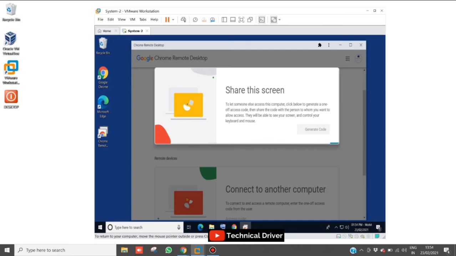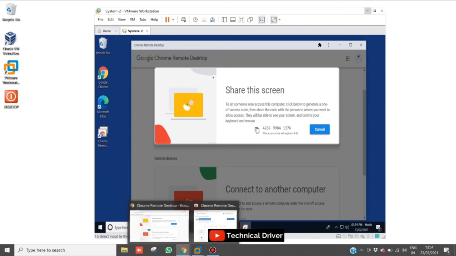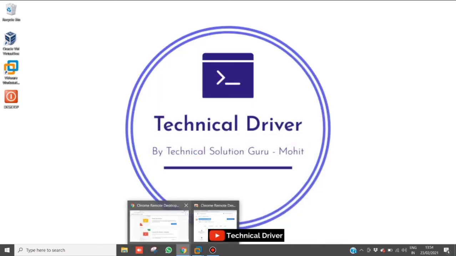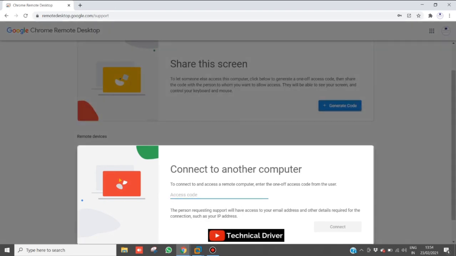So I am going to generate the unique code on my virtual machine. Now I am going to copy it and paste it on my main machine, because I want to access my virtual machine from my main machine.